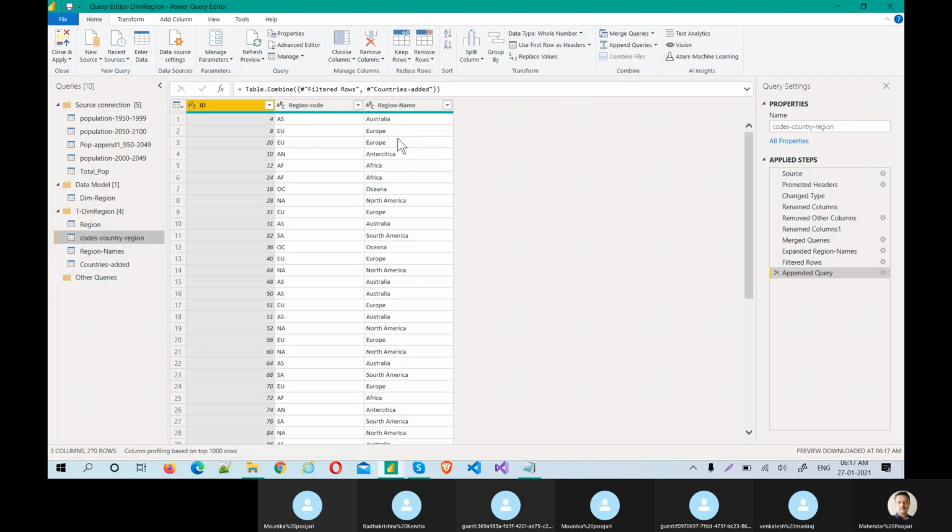Okay. This is an interview question. That's what I'm practically showing: intentionally giving the errors, intentionally fixing those errors. They will ask you, let's say I have 3 columns: ID, region code, region name, and one more table with country ID, region code, region name. So if you do append, what will happen? How many columns will come?